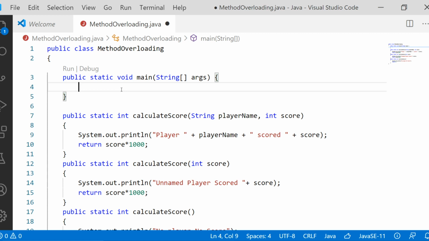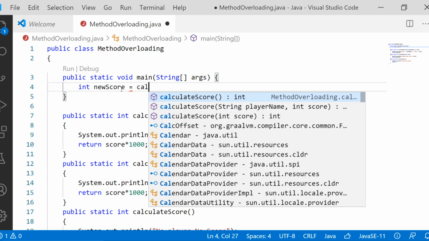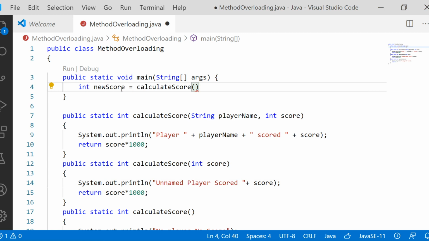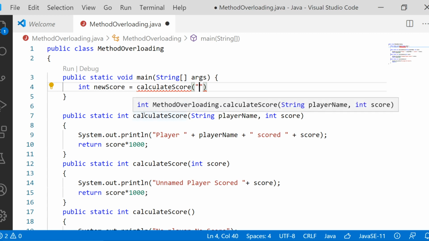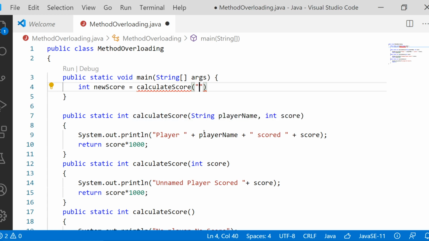Right? So first of all, we will take a variable called new score, and let us call the function calculate score. This is the first method, having 2 arguments, player name and score. So let us send the player name, for example Alice.